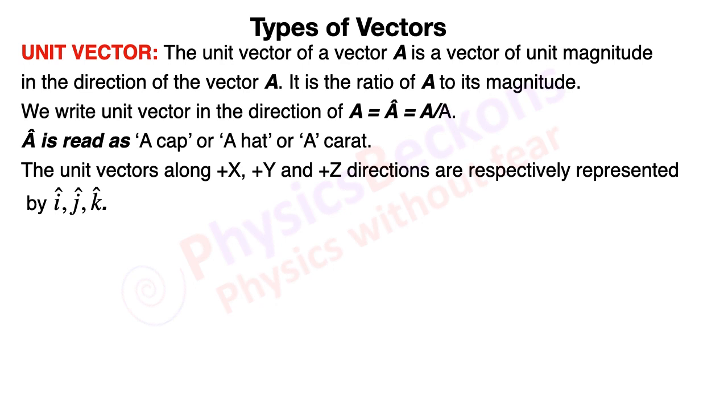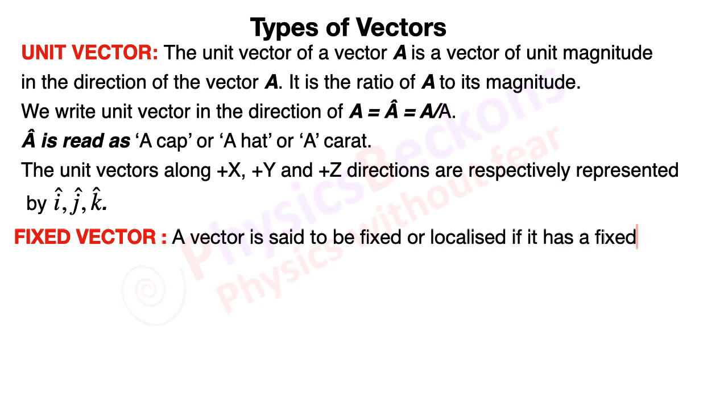Then there is a vector which we call fixed vector or localized vector. A vector is said to be fixed or localized if it has a fixed initial point. If the starting point of a vector is fixed, then the vector is called fixed or localized vector. Example,